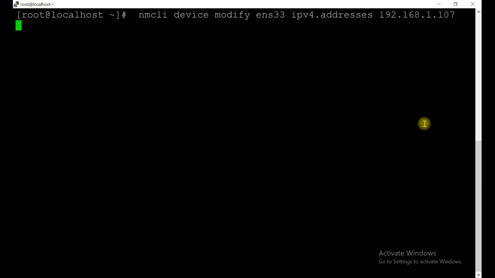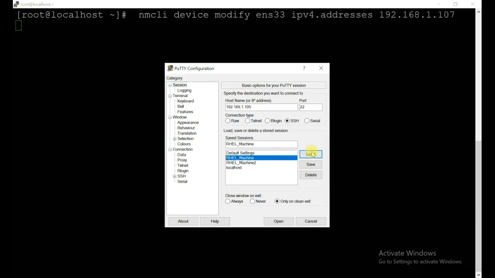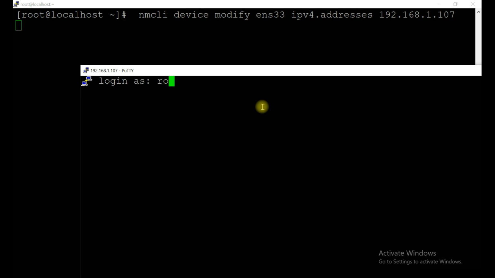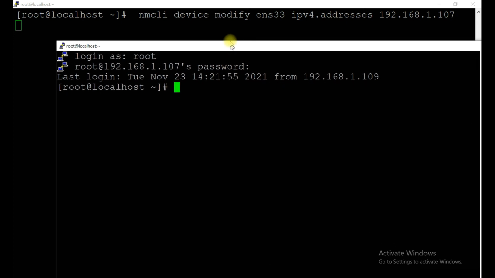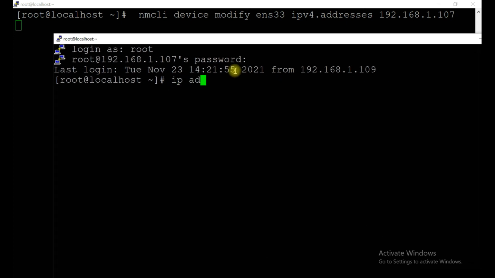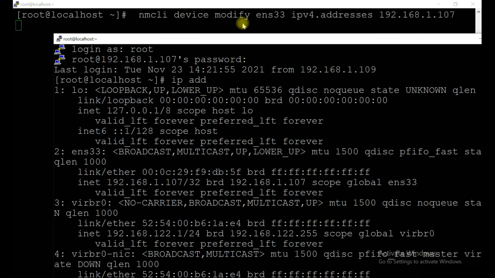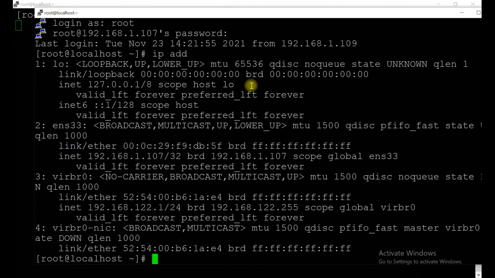If you see, the moment you do it, the session will go off. Let's try to take another session with 107. So it's 107. Okay, now you can see it's able to log in, and you do ip addr, so you can simply see it's 107. So I think the command line is also one of the ways where you can